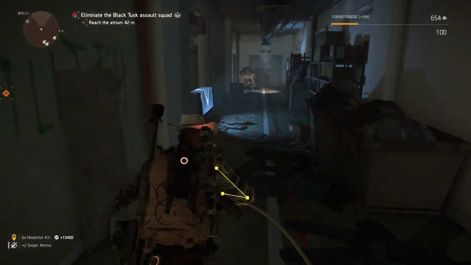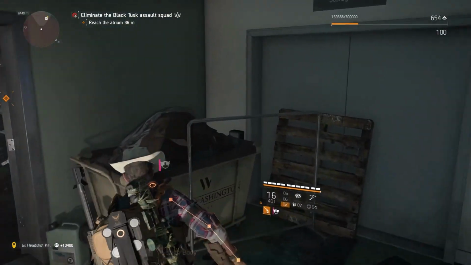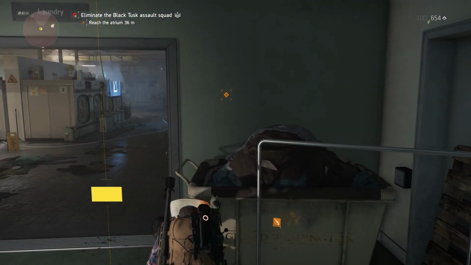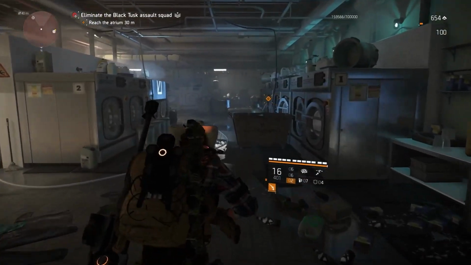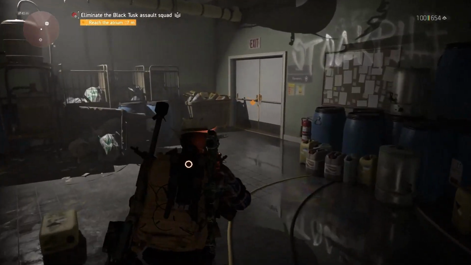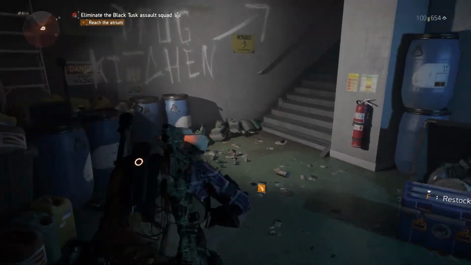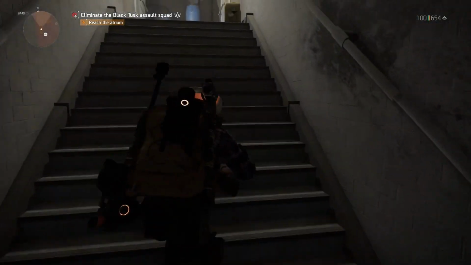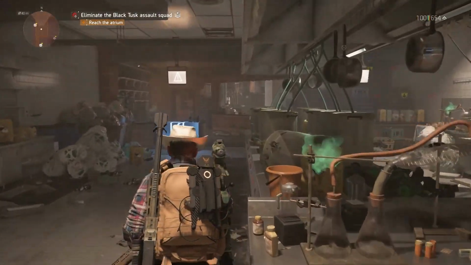Oh yeah, I should have mentioned the Mantis has a really decent scope on it, which makes headshots really easy. It's not as easy on the Stadia version. It's not quite as sharp as on the PC version. So really, sniper build isn't super good on the Stadia version, but